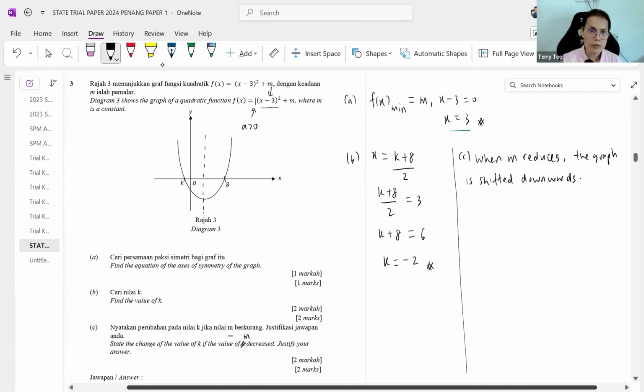So when you shift the graph downwards, let me draw another one like this. What happened is that the shape of the graph actually doesn't change. So maybe I write here, since the shape of the graph remains unchanged,